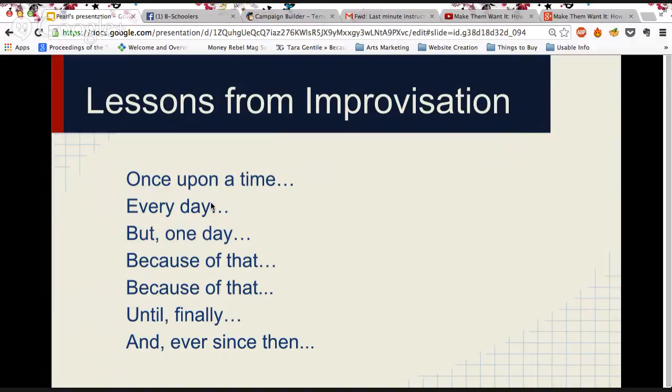Another artist, speaking of someone who lost art, had her storage facility liquidated, and all the paintings that she made were gone. So once upon a time there was a painter. Every day she created canvases, but one day all the art that she had made for years was sold out from under her. Because of that, she stopped painting. Because she stopped painting, she started using photography, until finally she found her photographic voice, and ever since then she's been making these amazing abstract art constructions that she photographs and then destroys the construction. And that is interesting. People want to read about that.